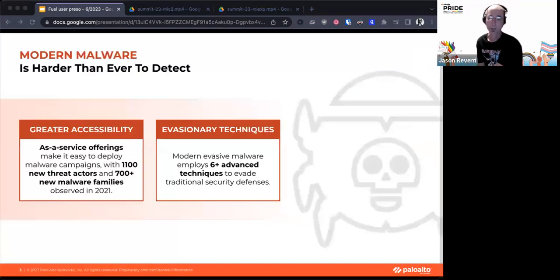So over the last year, we've seen some dramatic developments in the malware space. First, attackers have greater accessibility to malware. In years past, we've seen a steady speed increase, but this has actually gotten significantly faster in the last year. Primarily, we attribute this growth to a number of as-a-service offerings. Think of malware as a service, ransomware as a service, etc. This really lowers the technical bar for bad actors to deploy malware campaigns. These offerings enable criminals to not only increase their numbers of attacks, but allows them to create different variations and